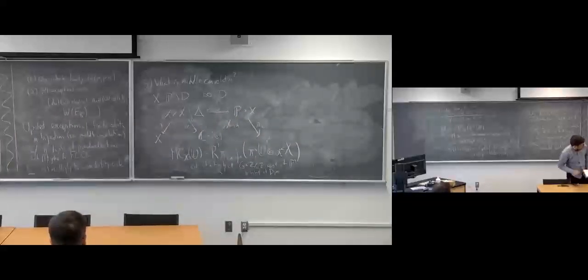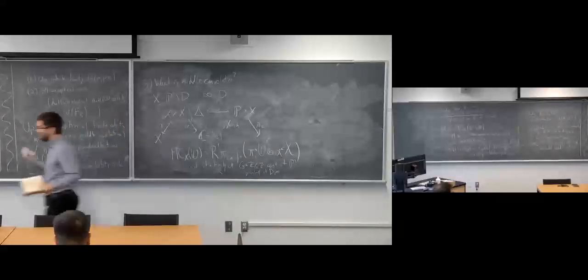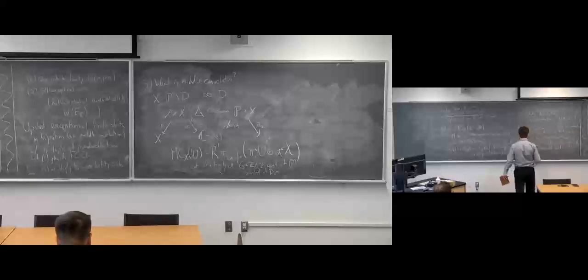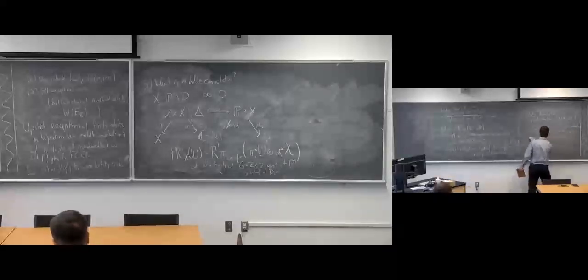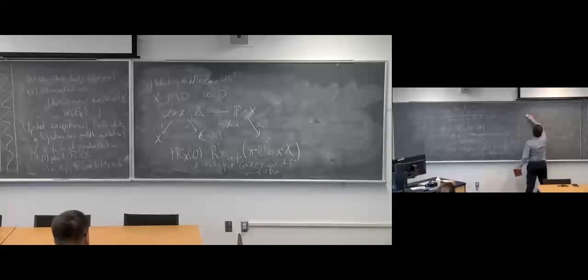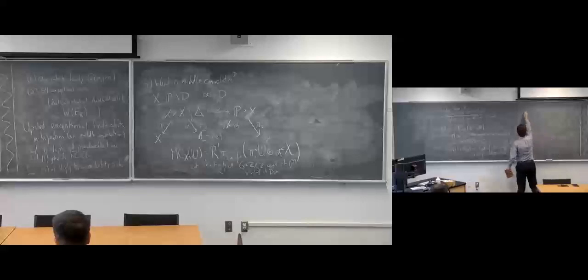Okay, finally, maybe let me just finish. I think I have about 1 minute left. So let me just finish up by saying how you use middle convolution. So how do you actually prove this classification? The main idea is to use work of Corlette-Simpson, which shows that you can interpret it as saying either